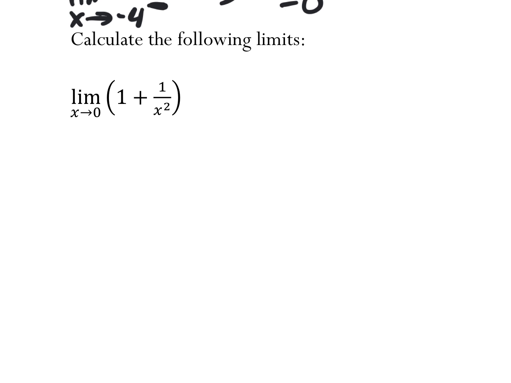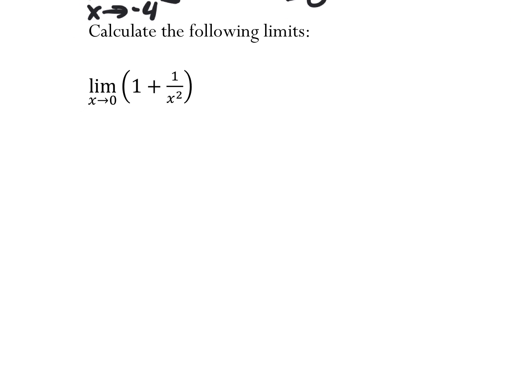All right. Because this one we're not checking for estimates. We're just saying, what is the limit? So as x is approaching 0 for this particular problem, what are we getting? 1 plus infinity? Definitely positive infinity. In this case, x squared, whether I'm approaching from the right or the left, once I square it, it becomes positive. 1 over 0 is... So what do we know about 1 plus infinity? It's infinity.